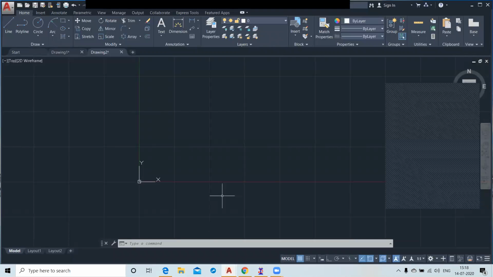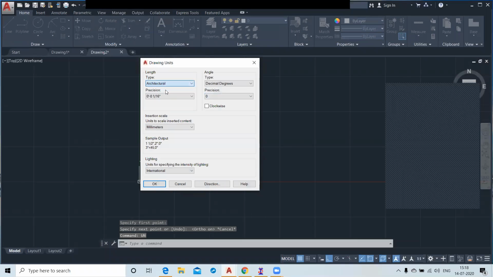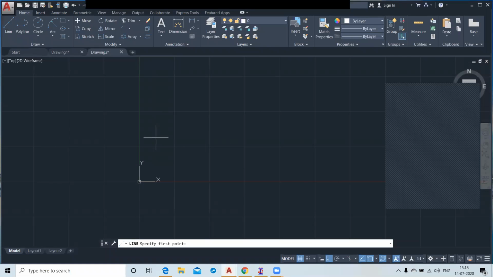Now I'm going to create a block of your door, right? First you select a line, give the specification, and select the unit in architecture, 0 and inches. Select line.